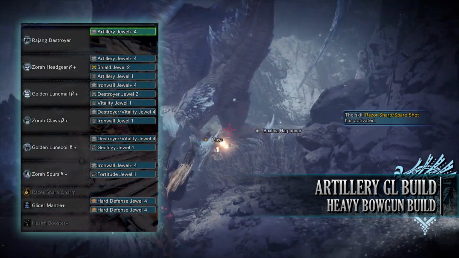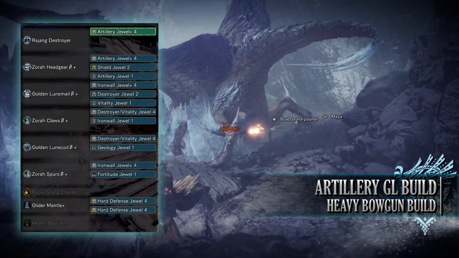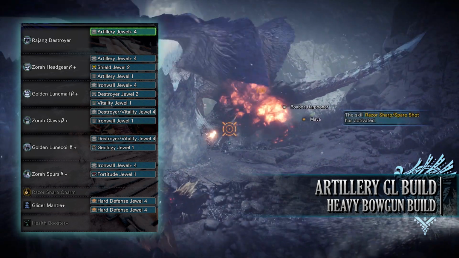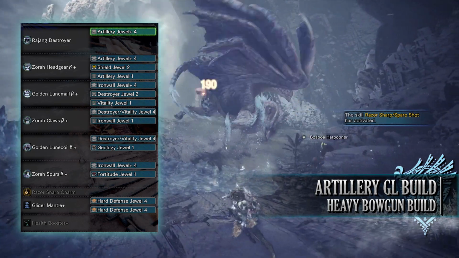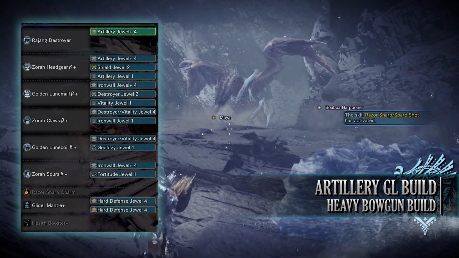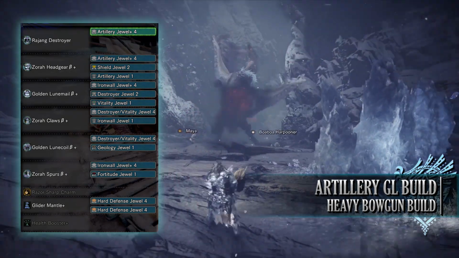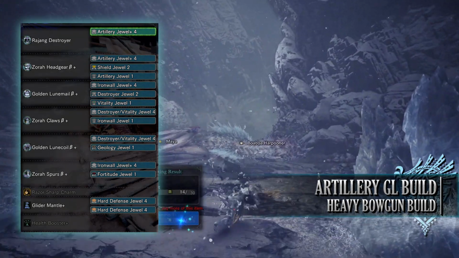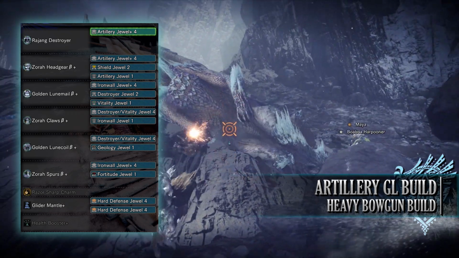As for the jaws, firstly we've gone for the mandatory Guiding Lance related jaws. This includes Destroyer jaws for the Part Breaker skill, a Geology jaw for the Geologist skill, and a Fortitude jaw for the Fortify skill. I've also gone for Artillery jaws for the Artillery skill, Iron War jaws for the Guard skill, Vitality jaws for the Health Boost skill, and a Shield jaw to provide us the Guard Up skill. As for the jaws on the mantles, these are down to personal preference, to which I've gone for Hard Defense